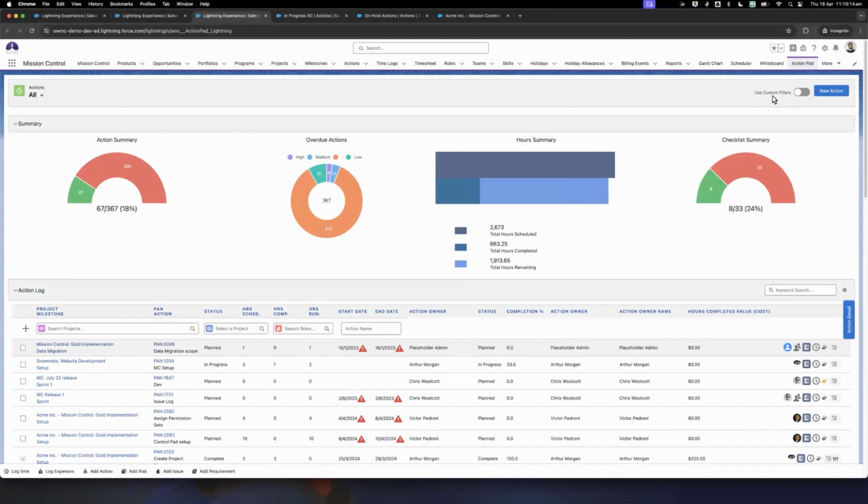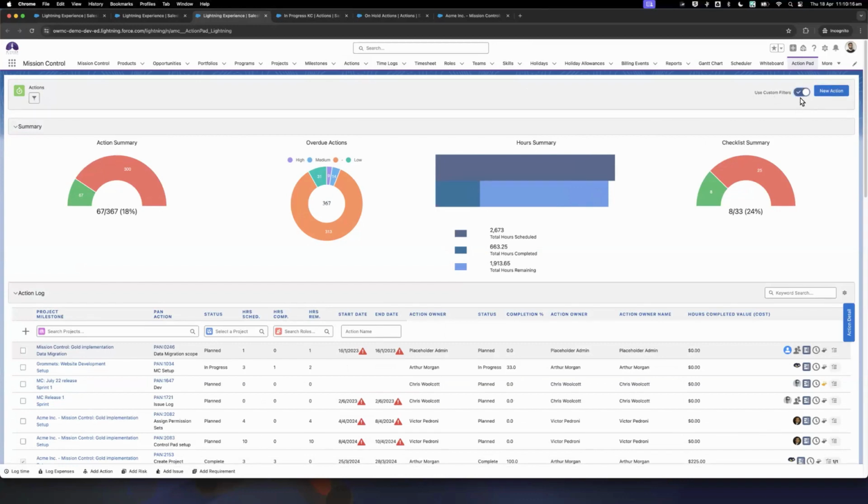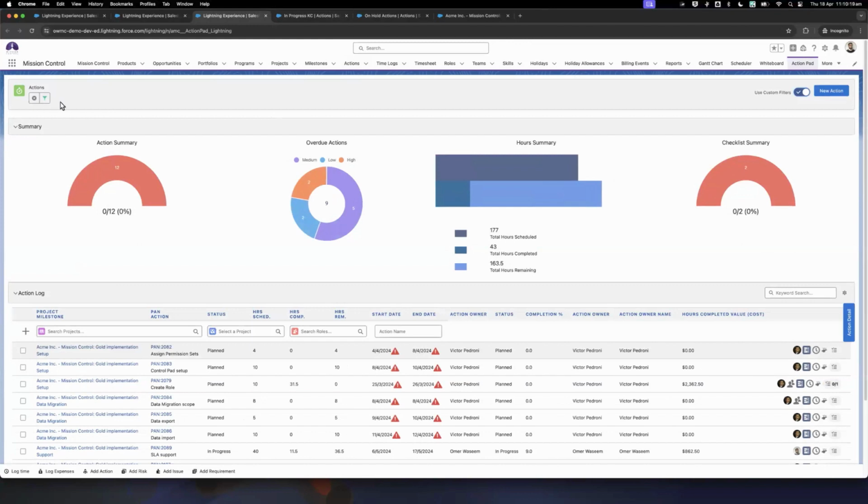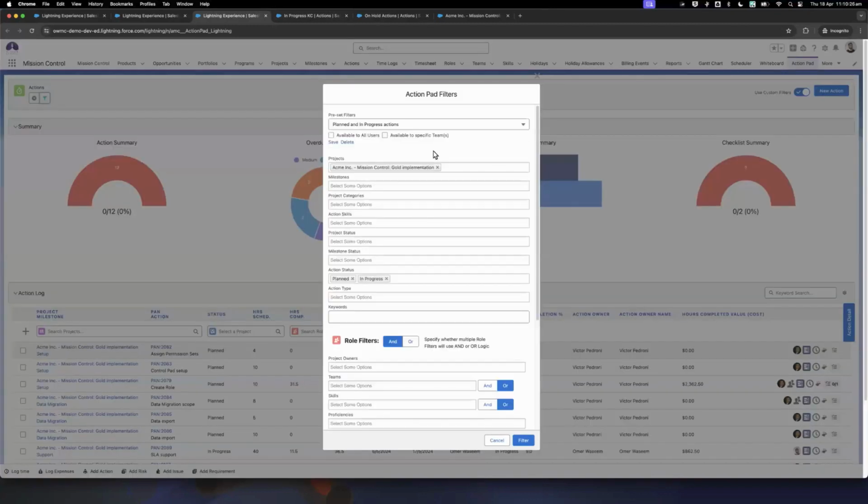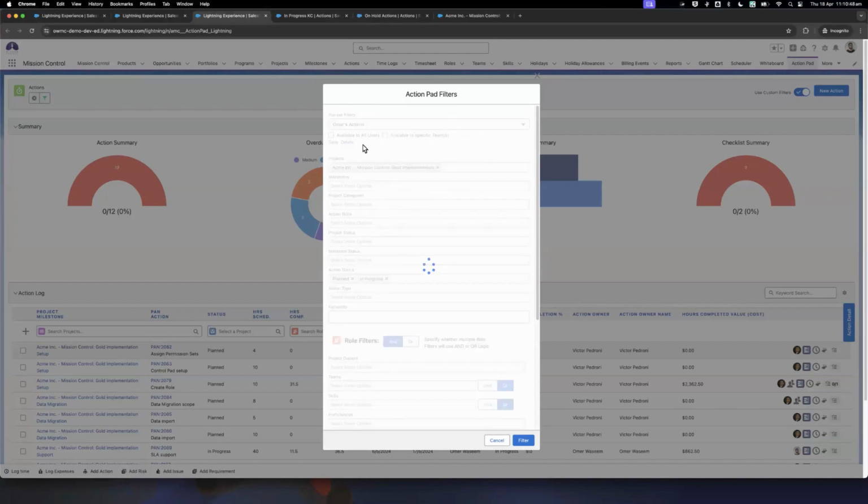The other way is to use the custom filters. So I've got the custom filters toggle here, and this gives me a bit more flexibility in the type of filters I want to apply. So if I go in here now, some of these options may be limited when it comes to filtering it from the list view, but you'll find some options in here. So you have the option to create a preset filter that you use every single time. As you can see, it was automatically filtered to planned and in progress actions, and I've got some filters applied in here. So I can choose to create a new one, or I can choose to look at actions